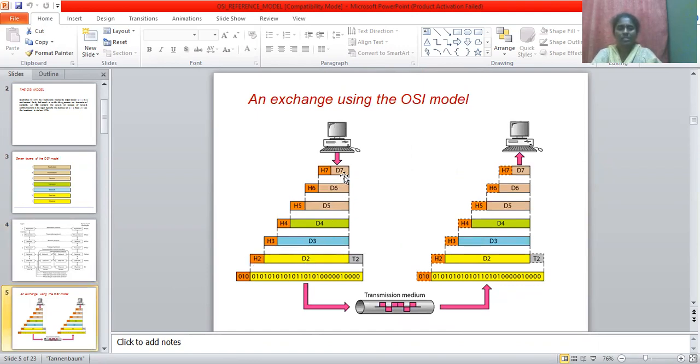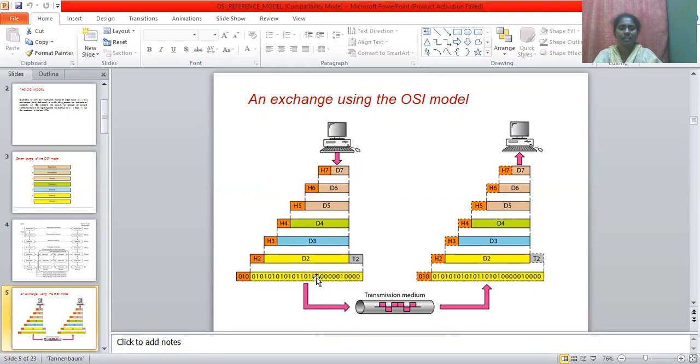So here we can see D7, D6, D5 and so on. These are nothing but data units at that particular layer. D7 is the data unit at the 7th layer, that is the application layer. In the same way, we can also see H7, H6, H5, H4 and so on. So these are the headers at that particular layer. And at D2, we can see that there is a header and a trailer which is being attached to the frame.